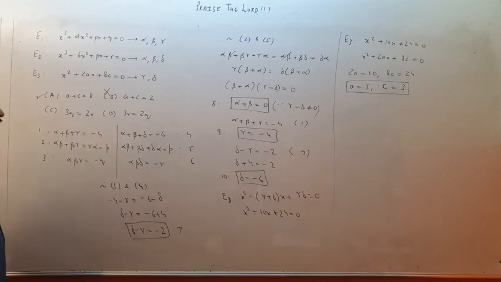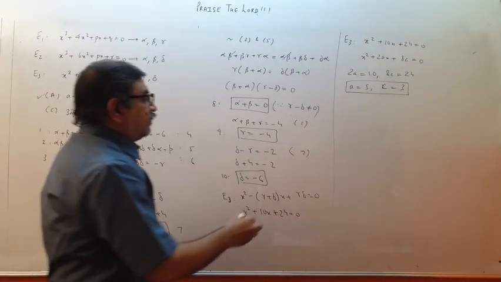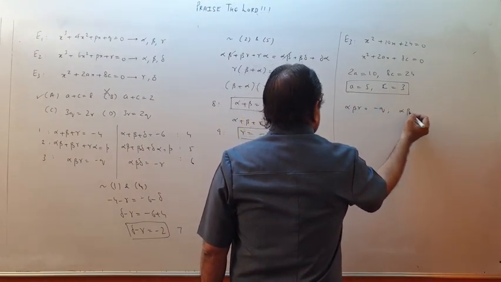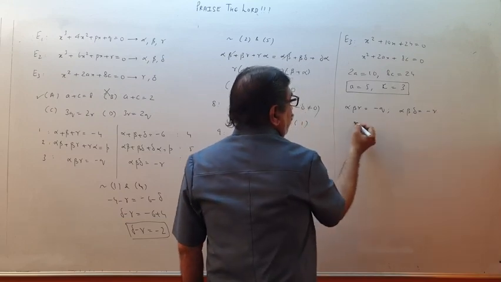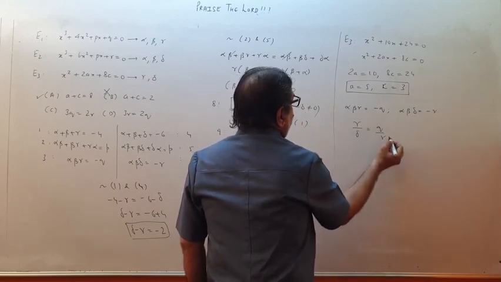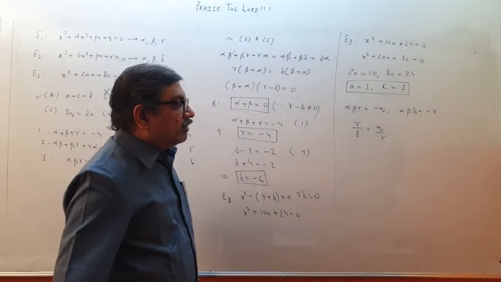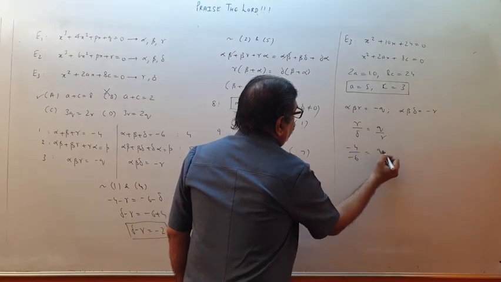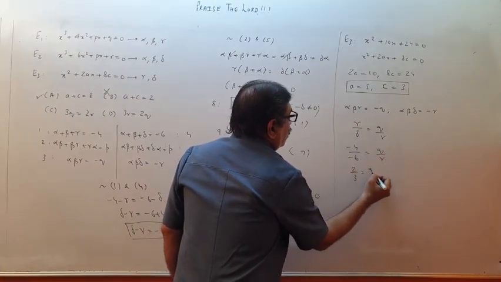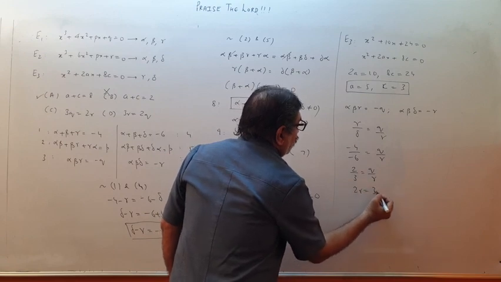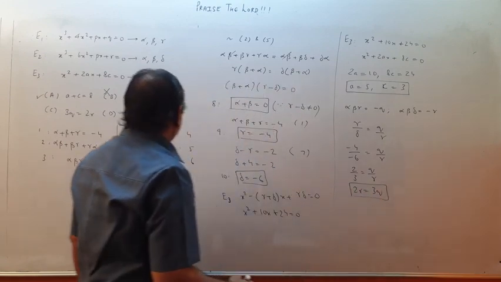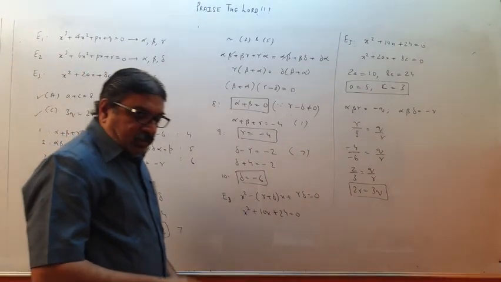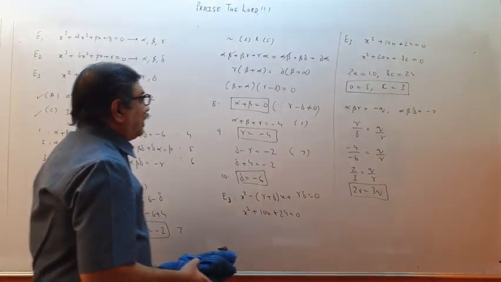Then you come to the q and r comparison. See, q and r are over here. Alpha beta gamma is minus q and alpha beta delta is minus r. If I divide, I will get gamma upon delta is q upon r, dividing LHS upon LHS, RHS upon RHS. Gamma upon delta is minus 4 upon minus 6 is equal to q upon r. So 2 upon 3 is equal to q upon r. So 2r equal to 3q. We get that this is wrong. Please copy, children. Multiple correct type. You have to do it like this.